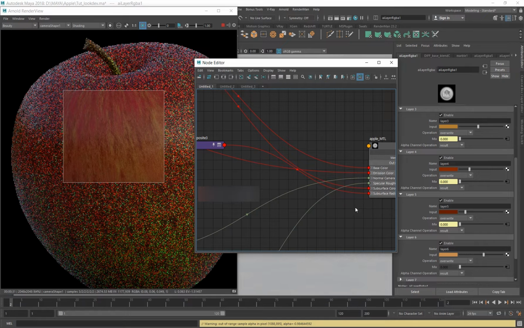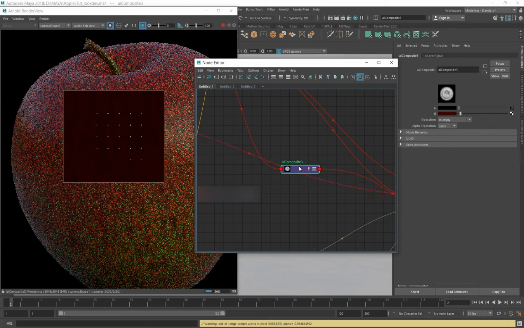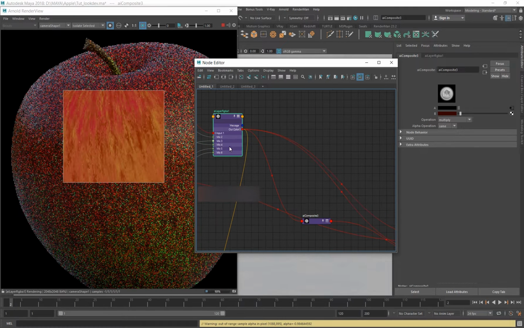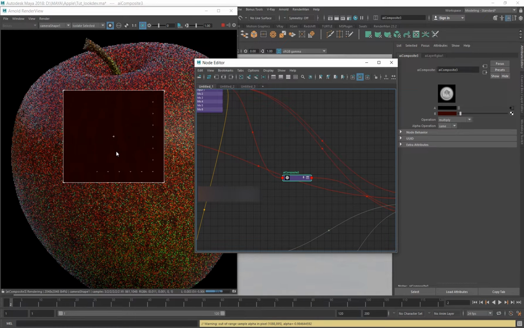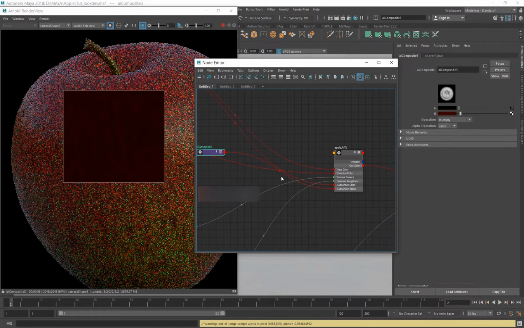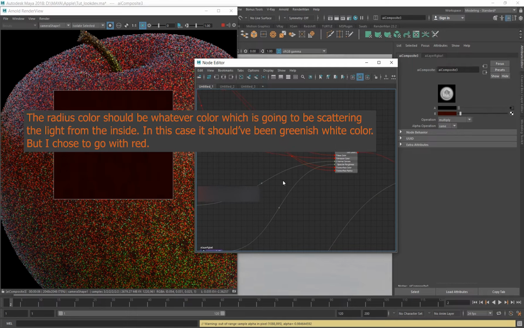The same diffuse color goes into subsurface color, and there is another texture which I have using an AI composite, and I'm multiplying the diffuse color with a red color just to create the radius map for the apple. I used the red, the result felt okay, so I just kept the red as it is.